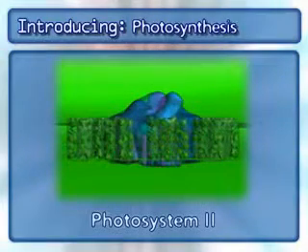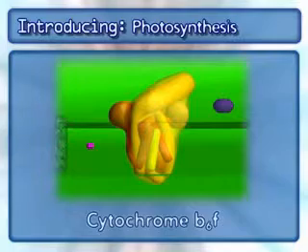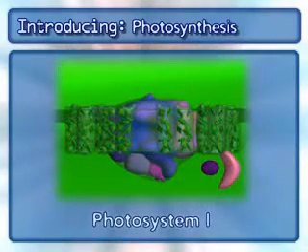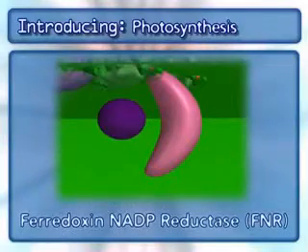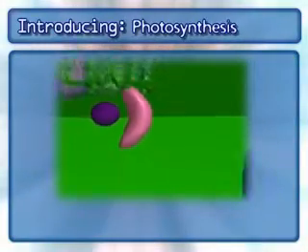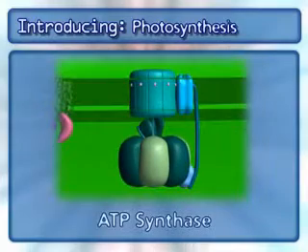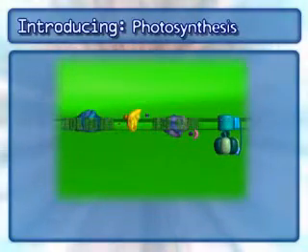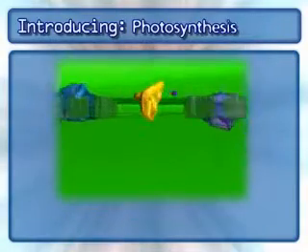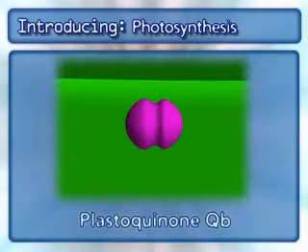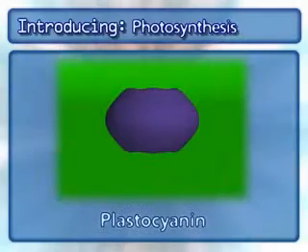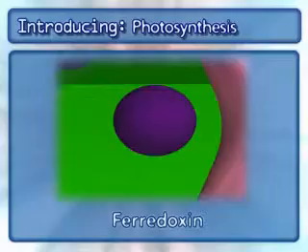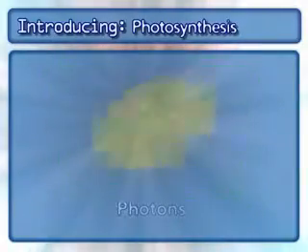Photosystem 2, cytochrome b6f, photosystem 1, ferredoxin NADP reductase, and the complex that makes ATP, ATP synthase. In addition to the complexes, 3 mobile carriers are also involved: plastoquinone QB, plastocyanin, and ferredoxin. Other key components include photons,